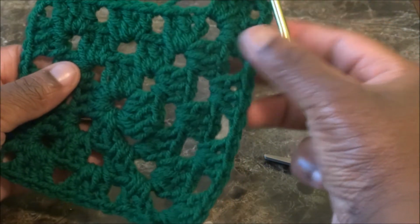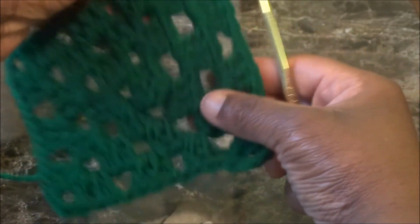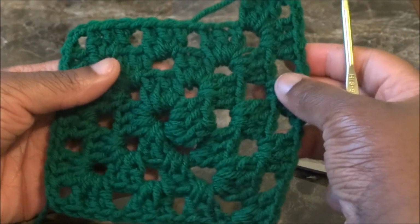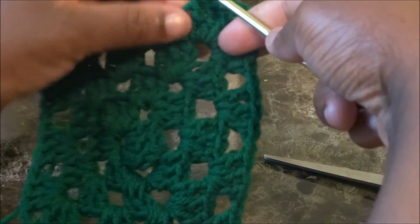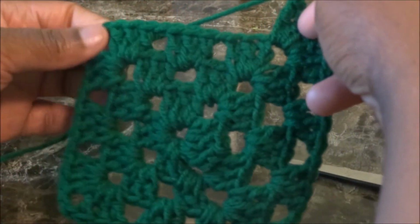Okay, and you are going to chain 1 and continue the same way all the way around. So chain 1, do 3 double crochet, chain 1, 3 double crochet, chain 1, and then 3 double crochet in the same